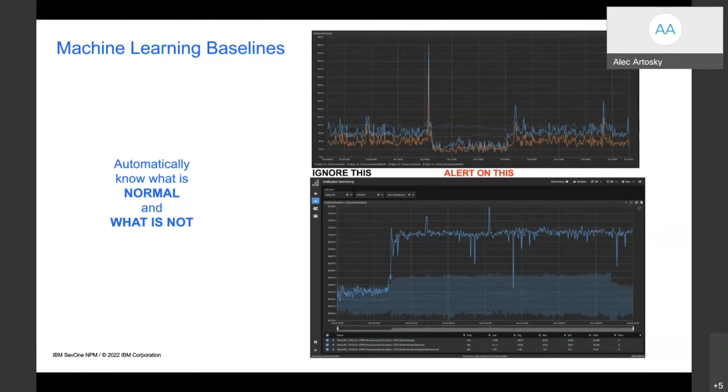As an example, we can look at a data set and see that there's a large spike, but it might be normal. The use case I always give is that CPU is designed to be used, so you might be utilizing a high amount of CPU. If I look at a baseline like we have here, you can see the baselines and the standard deviation shading that shows what is normal and what isn't normal.